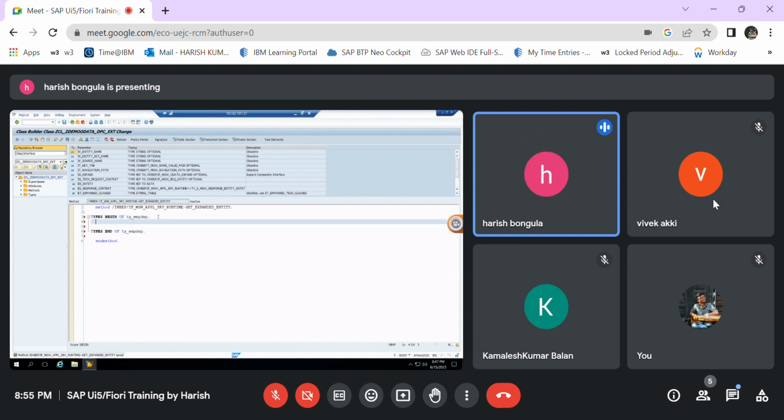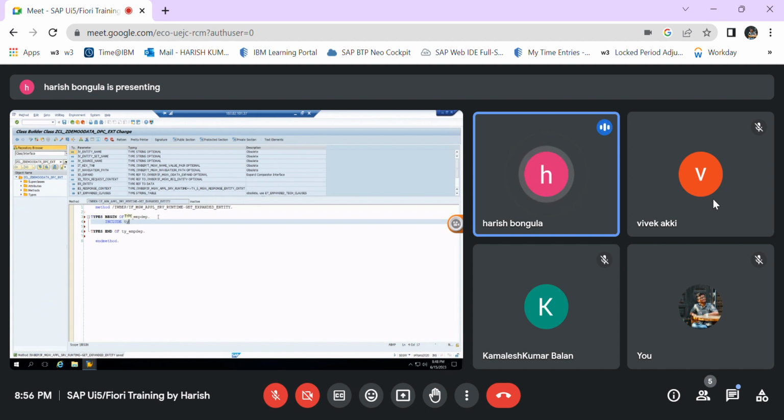Inside this you need to declare what the type is. You have two entities, one is the dependent entity and another is the employee entity. So you need to create the structure for both. The employee entity is only header details, so the header will be only one, and for the dependent you can have multiple records for one employee. So our header is a work area, and our dependent table is an internal table. You need to include both. Include